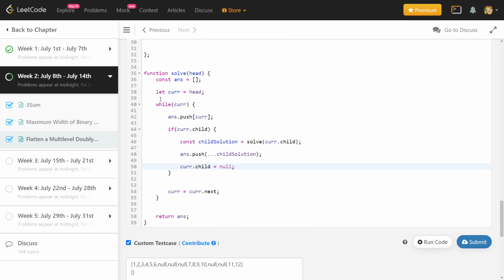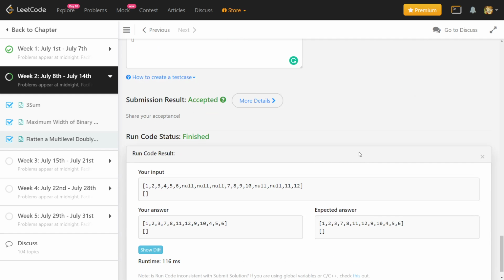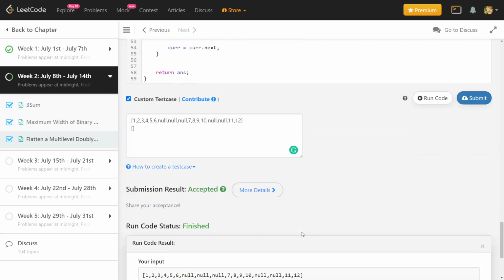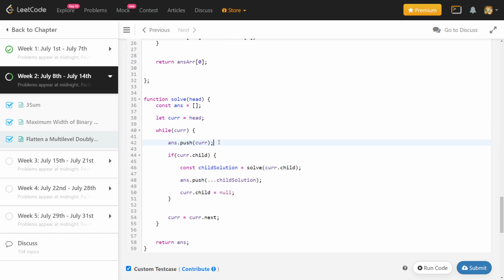Answer dot push, it is a function, so push it like this, and let me think. Even then it should not be empty. So right, we have it. There is no difference. Let me think about it. So I push it here.